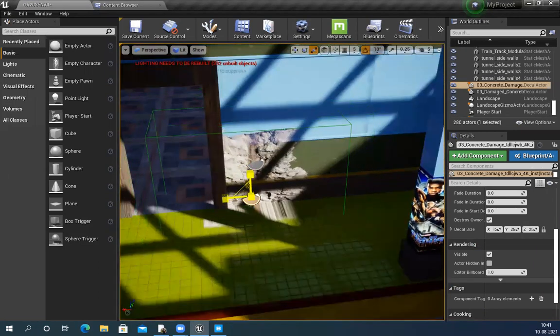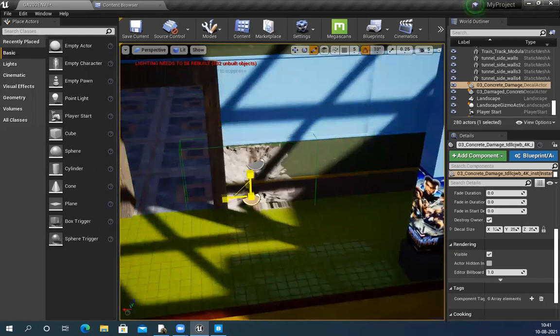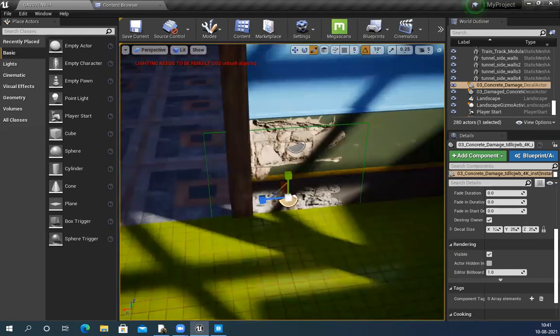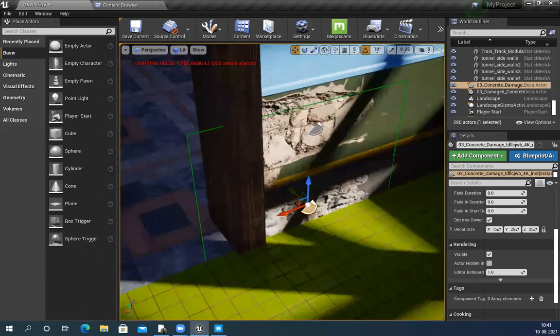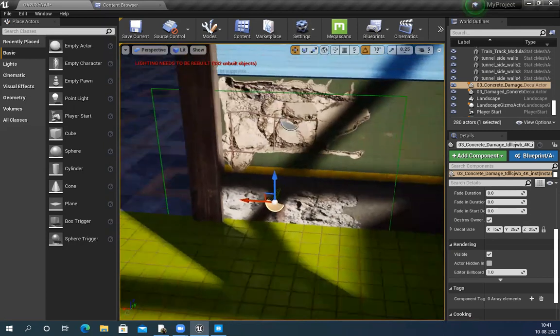Just scale it down. The moment it turns black, that means it's flipped, so make sure it's not flipped. That's pretty thin. It will work perfectly.